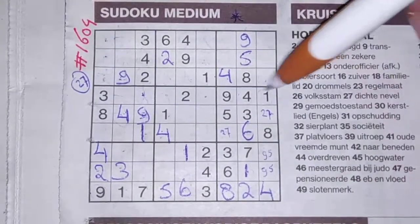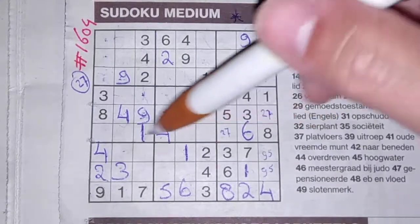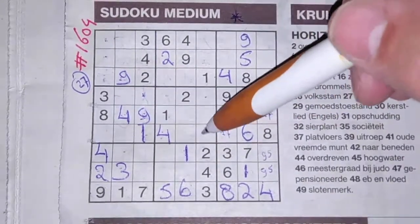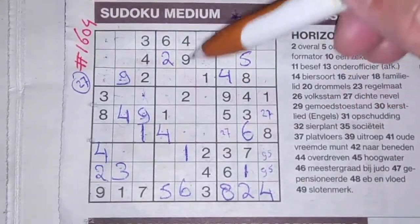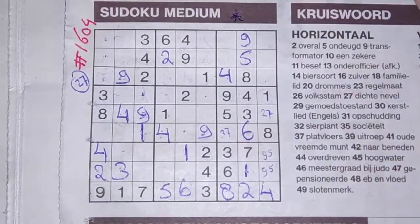9 in this row, 9 in the middle row. So in the row below, only two places for the 9 should be here or there. We see here 9, no 9 there, 9 should be there. Then I cannot continue with the 9. How about